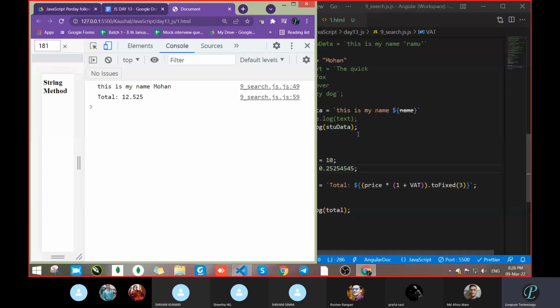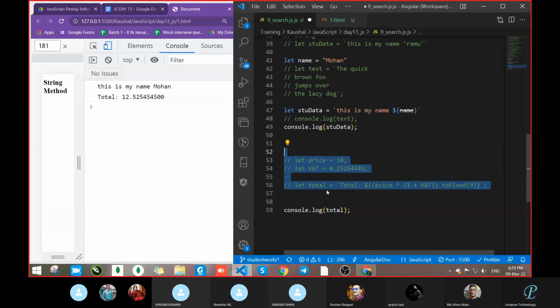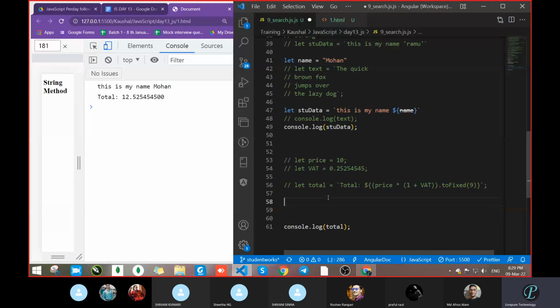So see, after calculation, it gave you something. I don't know what value it will go to. See, up to 9 it gave you something, correct? But what I want, I do not want this one. Like just imagine one thing, 22 by 7, how much? What is the value of 22 by 7? 3.14. No, not only 1.4. It will go very lengthy.